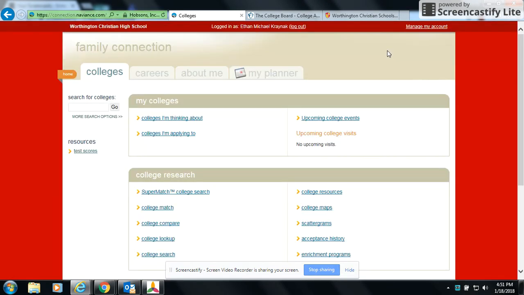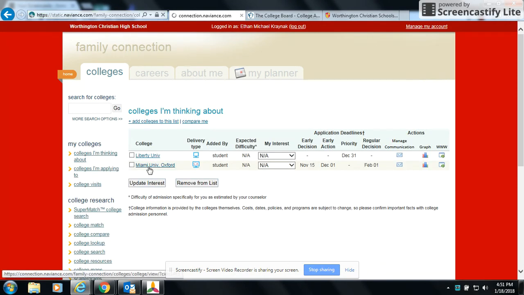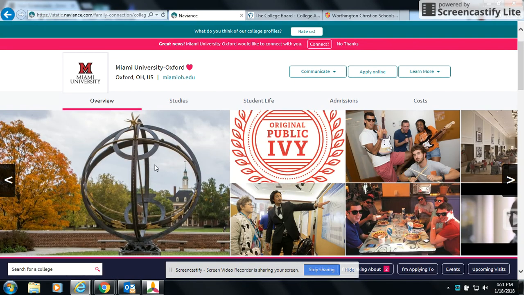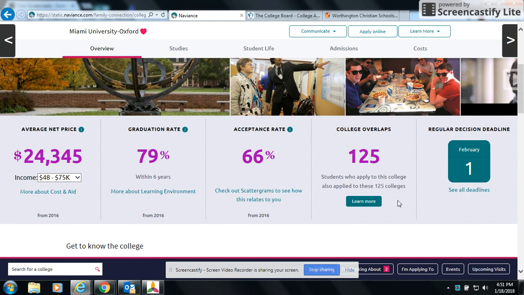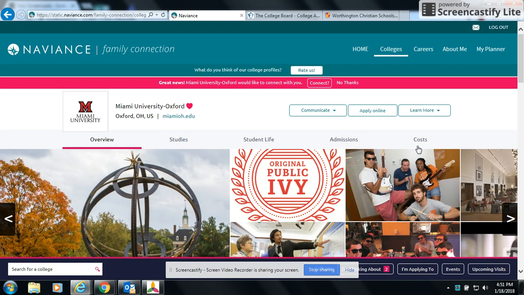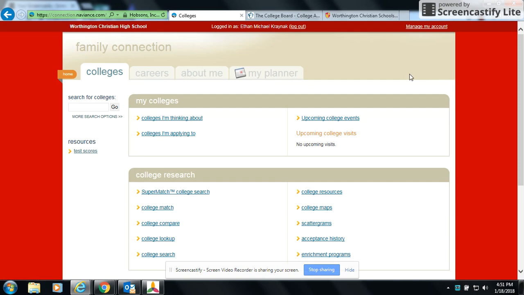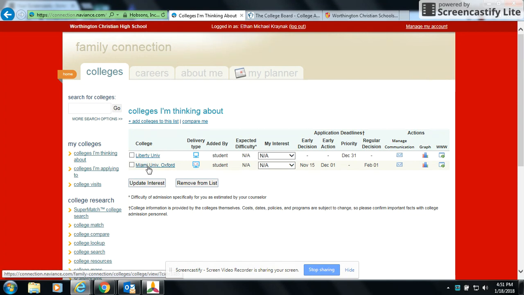So let's go back here, click on the colleges I'm thinking about again, and let's look at Miami. And when we click on that link, you'll see that the view is pretty much the same. And that's what you're going to get no matter how many schools you put in the list. Now, obviously, there are a lot more things that you can do when researching these schools that you put in your list. But I just want to, for the purposes of this demonstration, show you how to add schools